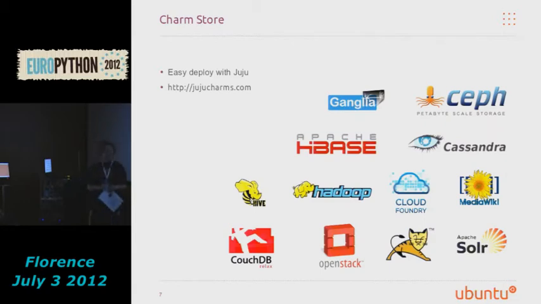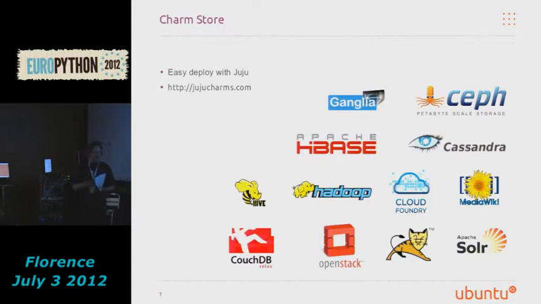We also have a lot of charms already. So it's a good point to introduce the charm store. The charm store is really, for Ubuntu, we have the main archive with all the official Debian packages that you can use on Ubuntu. The charm store is the equivalent repository for Juju. So by default, when you do Juju deploy MongoDB, it will go to the charm store and it will retrieve the official reviewed uploaded charm and deploy that onto your selected environment.